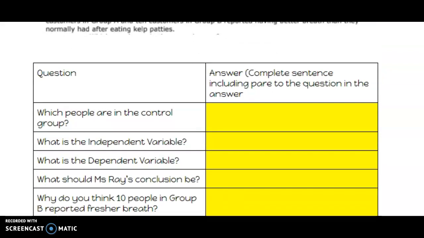What these are asking you to look at is figuring out what the independent variable is, what the dependent variable is. It's talking about control groups. These are all things that you are going to need to know before we do our first experiment. So you're going to have this practice today, and then you will have another one very similar to this the next time you're remote. So get this done during class time,